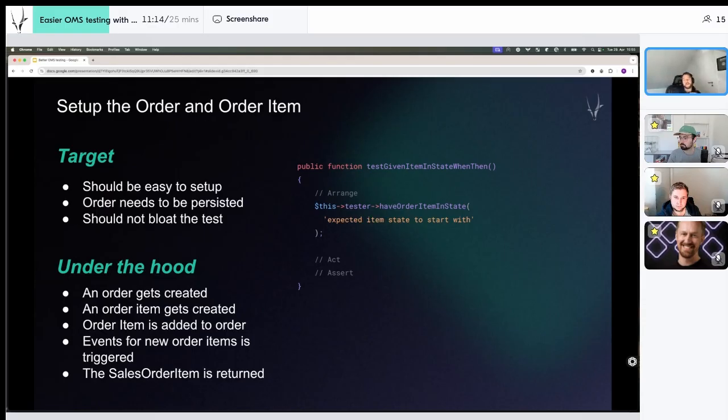It needs to have shipment. It needs a payment method. It needs lots of things that you're basically not really interested in. You want to test the transition from state A to state B. And for that, we have